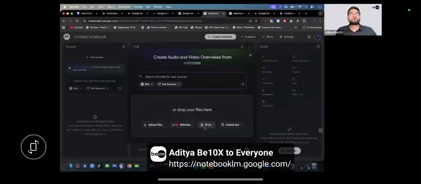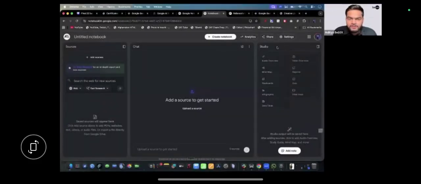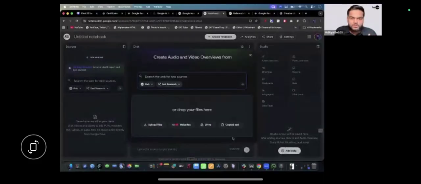Like, let's say you have one Google Drive where you have put lots and lots of data, right? And lots and lots of company files, right? It is a dump of data. So you can upload this. You can just copy and paste the drive link over here and it will be uploaded, right? How crazy is this? So in sources, you can upload all of these things. Not only that, you can also copy paste the text.